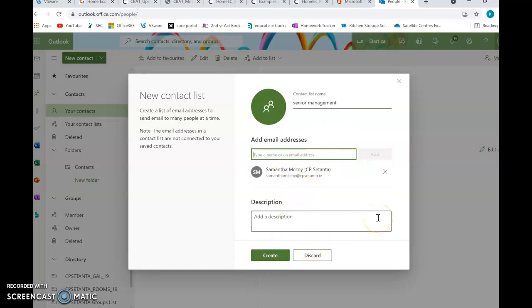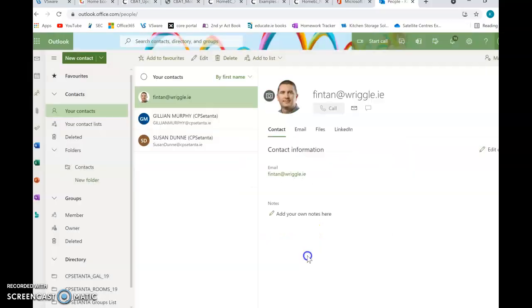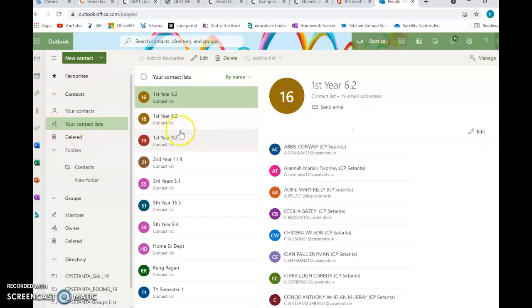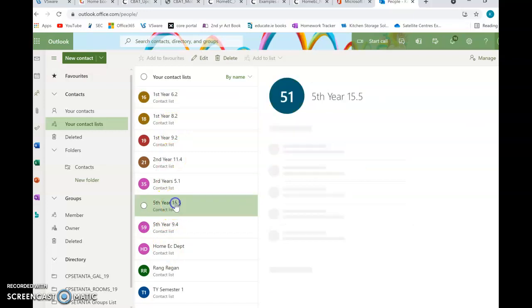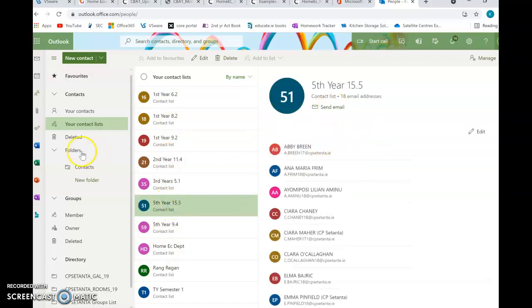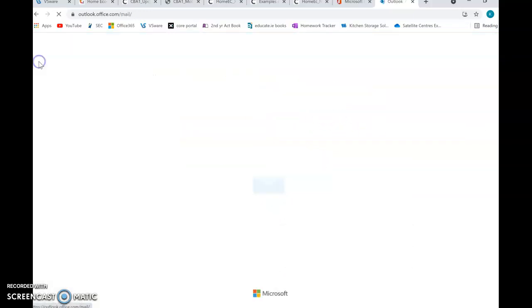And then every time you're in Outlook online, basically when you go into your emails, so you can click on, let's say my contact lists, I have all my class lists listed here, so you can click on them and you can click send an email, or literally when you go into your actual email,